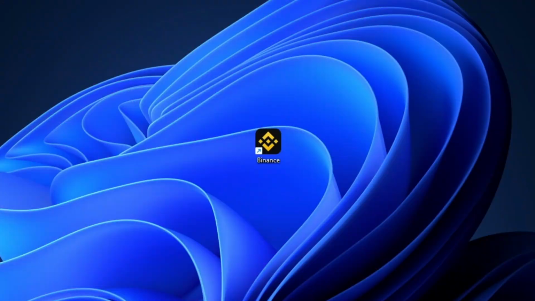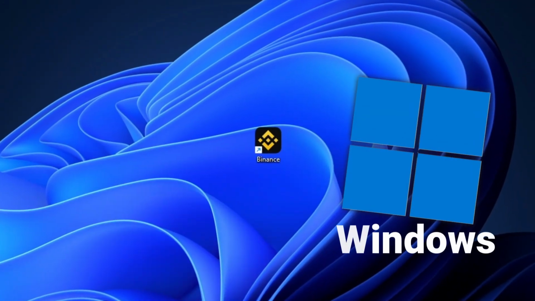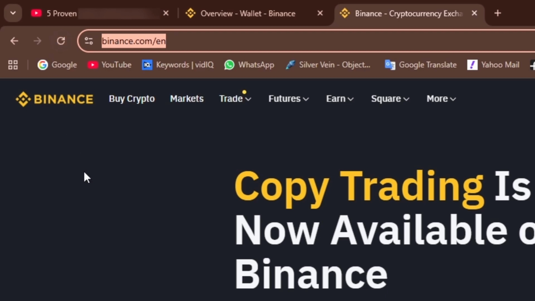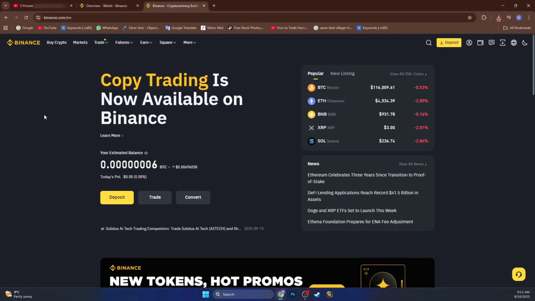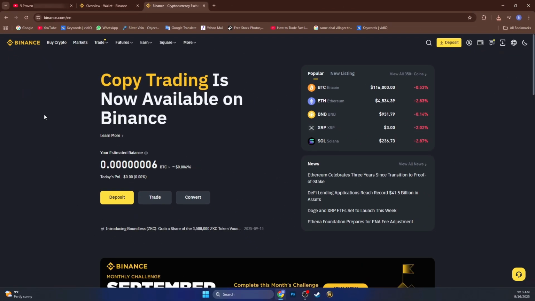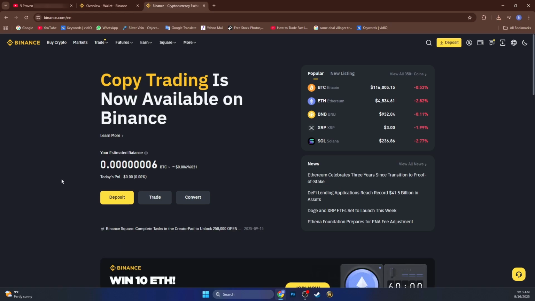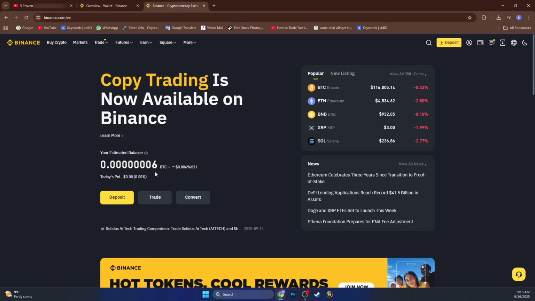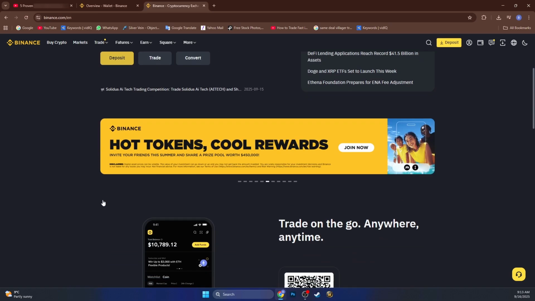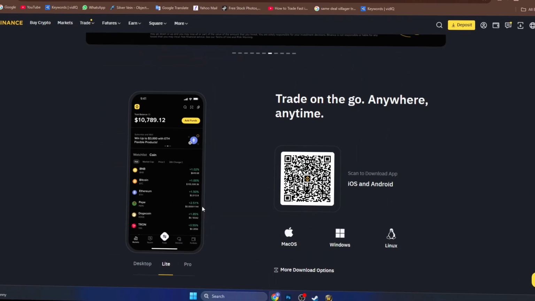Hey, today I'll show you how to download the Binance app for Windows. So we are right now on binance.com/en. Don't download the Binance app from anywhere else because it's extremely risky and also because this is an official website, right? So what you have to do once you are on binance.com, scroll down until you'll find this pop-up, and